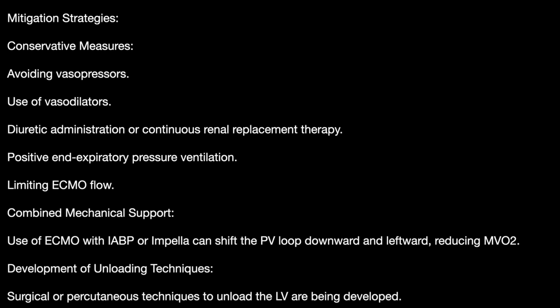You can do this surgically or percutaneously. The unloading strategy first is Impella with VA ECMO. The combination's effectiveness is that it mitigates and avoids the overload. It increases the cardiac output, increases oxygen supply, and decreases oxygen demand. And the left ventricular loop changes. The continuous pumping from the left ventricle to the aorta removes the isovolumetric periods, and the PV loop changes from the trapezoid to a triangular shape, shifting leftwards as the